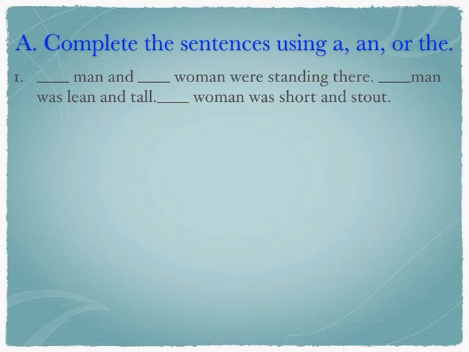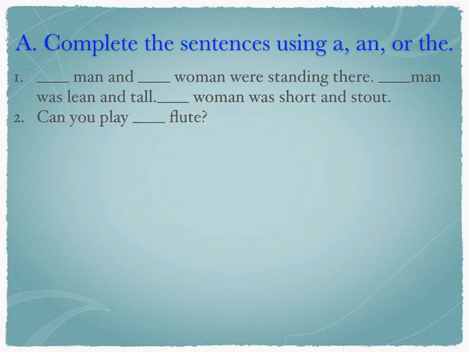Now here we don't know the man and woman who are standing there, so we are not clear about them. So here we will use "a". A man. Man is singular, so we'll use "a". Even in man, M is a consonant sound, so in the first blank we will use "a". Same in a woman, W is a consonant sound, so we will use "a" woman was standing there. Now we are sure about that particular man and woman, so here we will use: the man was lean and tall. The woman was short and stout.